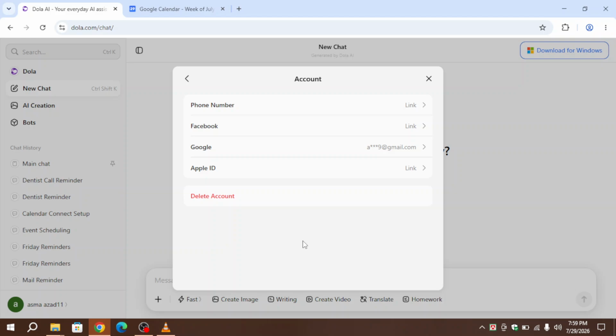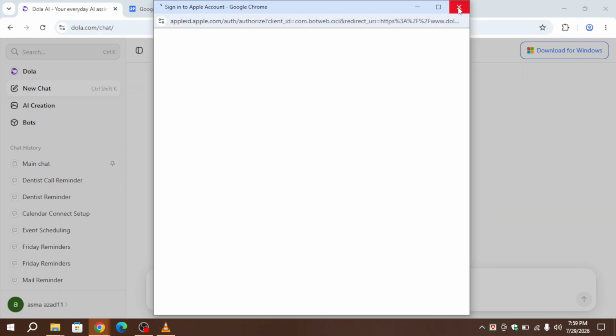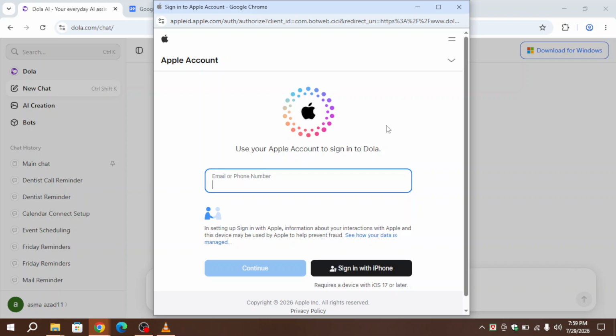Sign in to the selected account if prompted, then review the requested permissions before continuing. Allow Dola AI to access your calendar by approving the requested permissions. Depending on your calendar provider, you may be asked to grant access to view your events, create new events, or